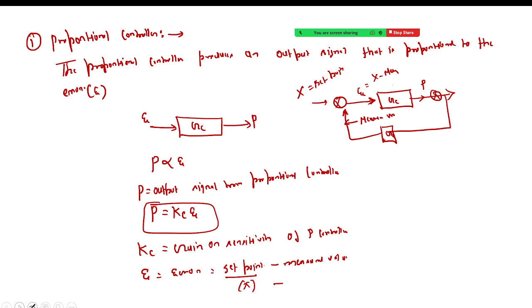So here, what we have got is that your P(s) is equal to Kc into E(s). That is s in the S domain. So this is your output of the controller, and this is your input. Since we know this is the output